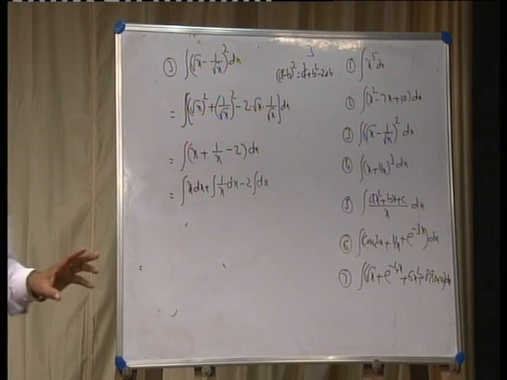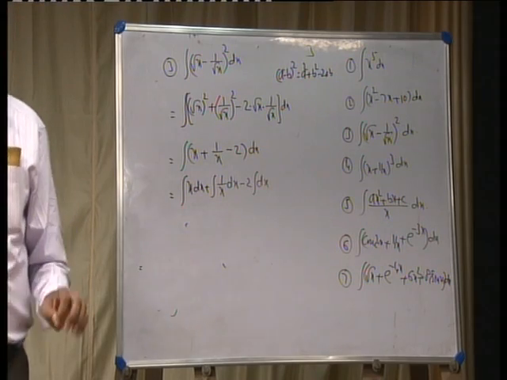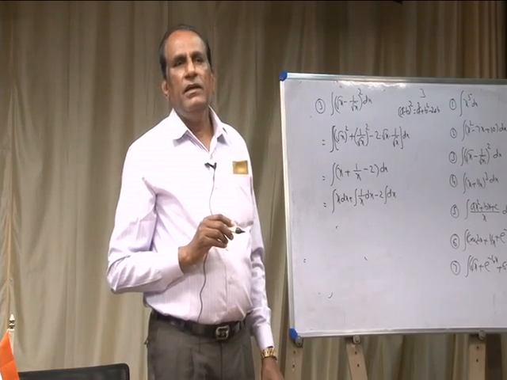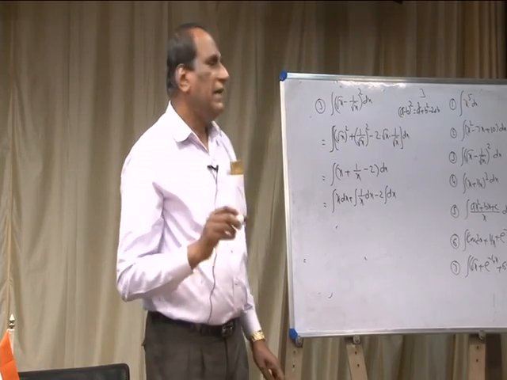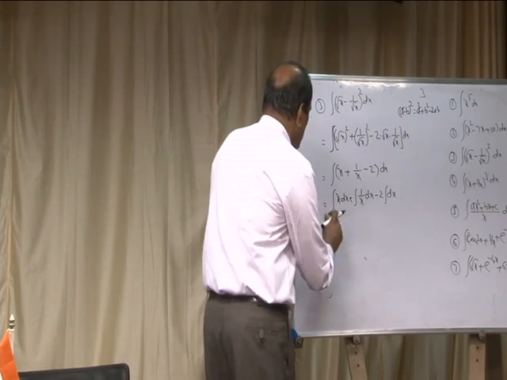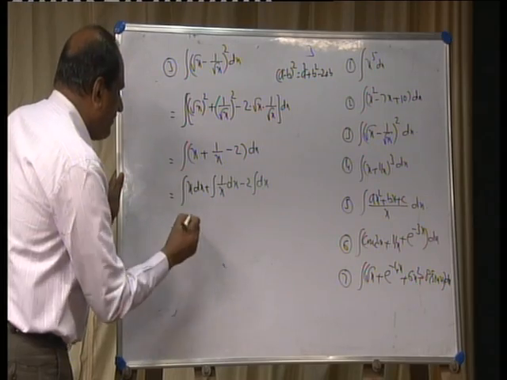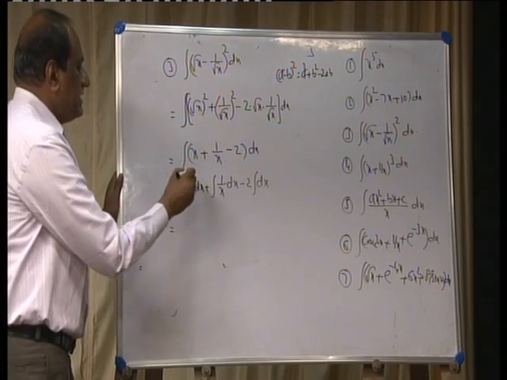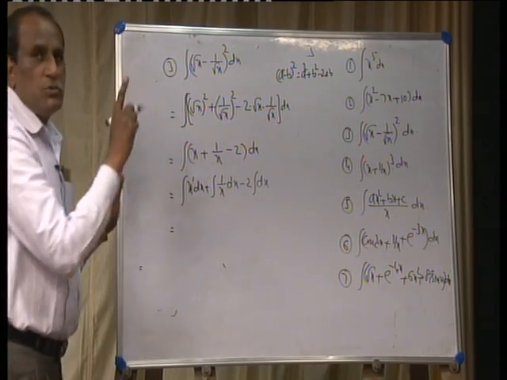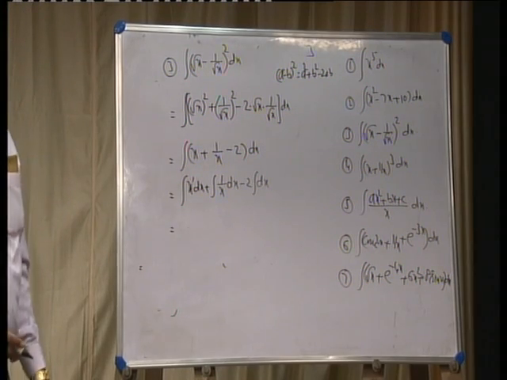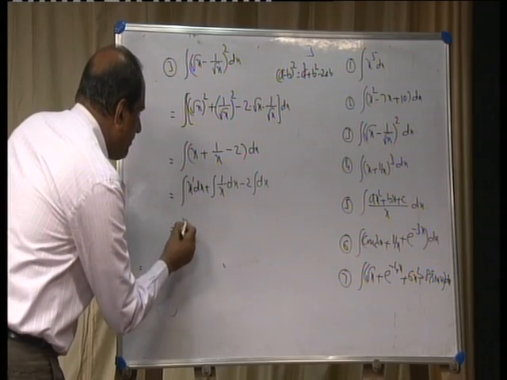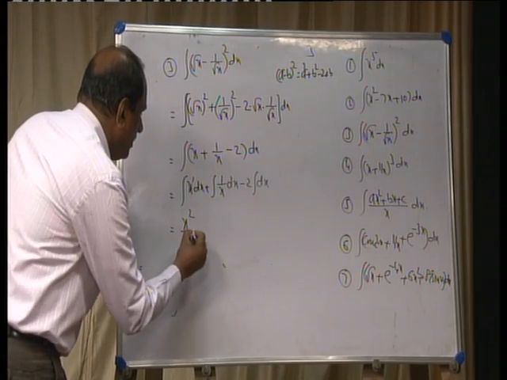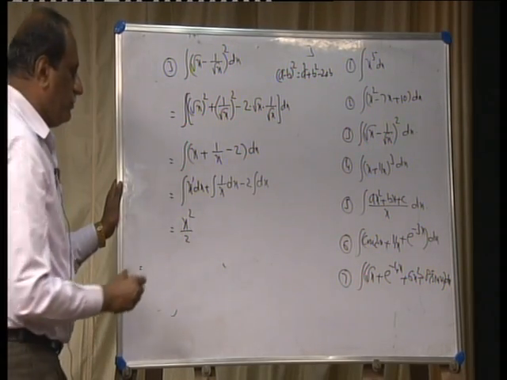While doing integration, keep the constant before the integral symbol and write the variable after it, in the integrand. Now, what is the integral of x? Integral of x, its power is 1. Use the first formula, integration of x power n is x power n plus 1 by n plus 1. Here n plus 1 is 2, plus